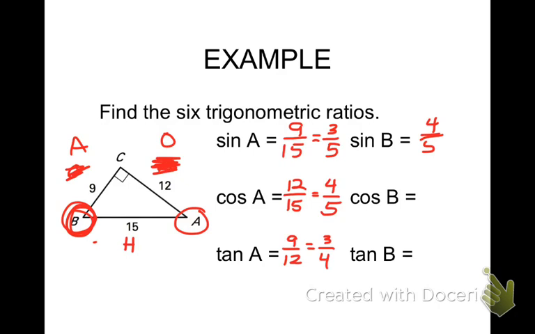Cosine would be A, 9 over 15, which is 3/5. And this would be 4 over 3, just the reciprocal. Same every time. Yes, the two reciprocals. Okay, so this is all you guys are going to have to do for